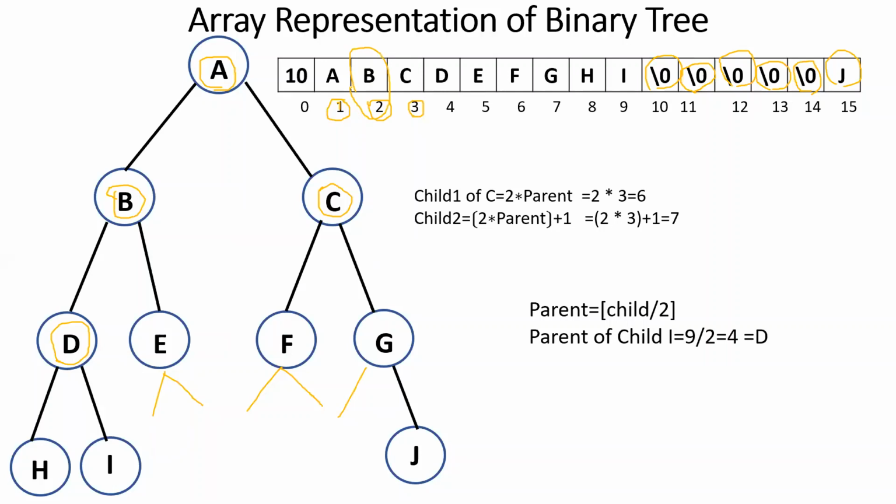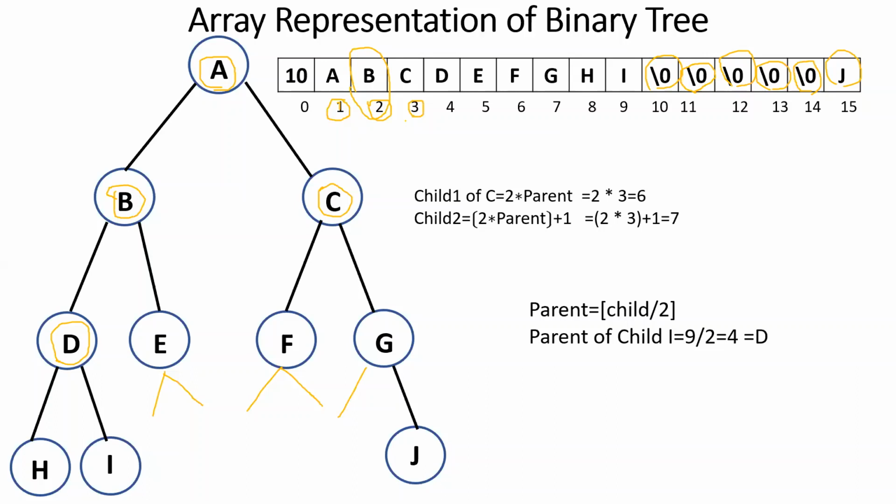We are seeing index numbers in a one-dimensional array, ma'am. One-dimensional array. So what is the index number of B in the one-dimensional array? 2. D is 4, ma'am. B is 2. Okay, ma'am. So what are its two child nodes? Child nodes are D and E. From the binary tree, we can understand that they are 4 and 5. So how to get the index number of the left child of B